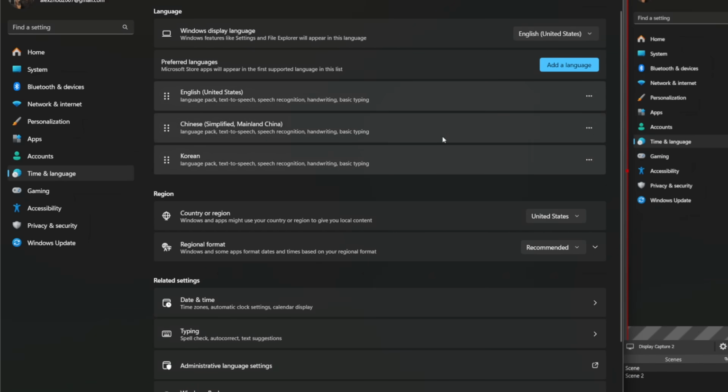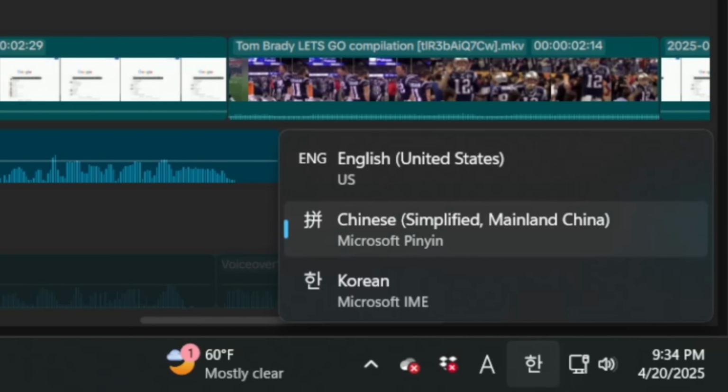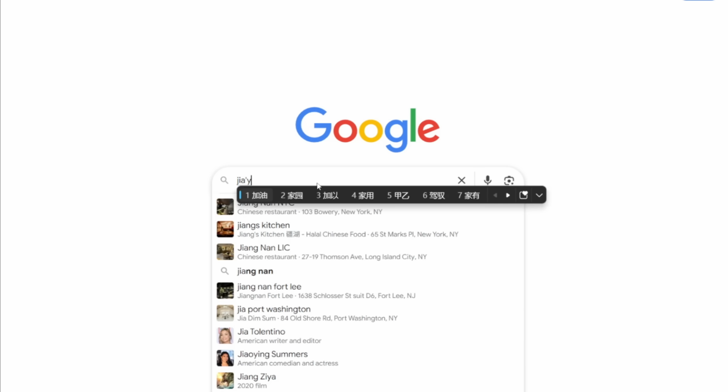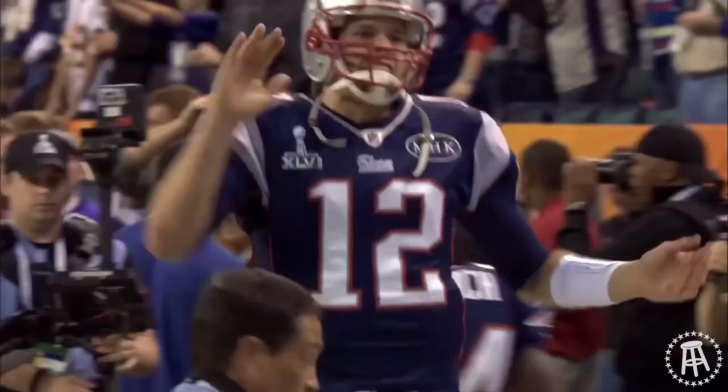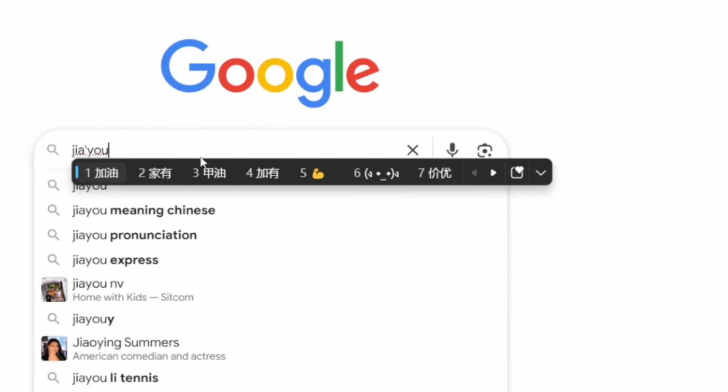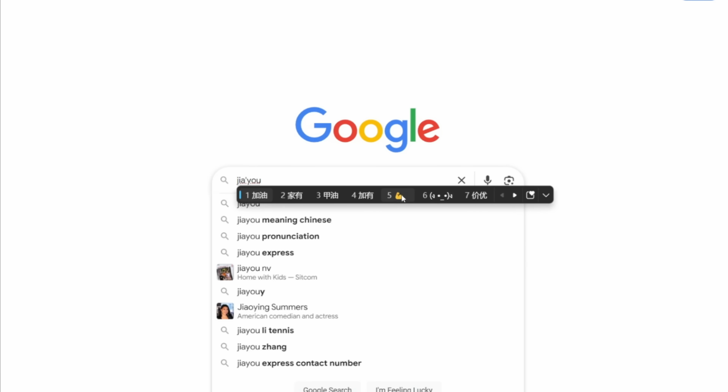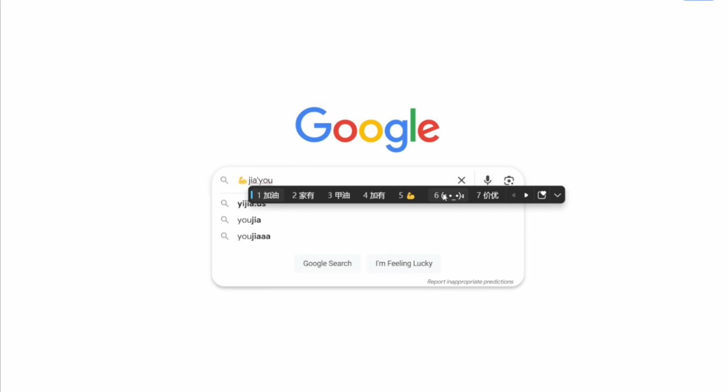If you enable the simplified Chinese keyboard layout in Windows, type jiao, which is basically the Chinese way of saying "Let's go! Let's go!" In addition to the characters themselves, you also get a flexing arm, and even this little guy.